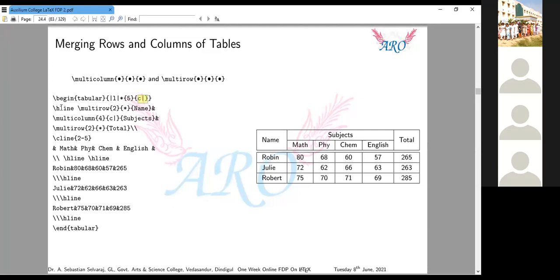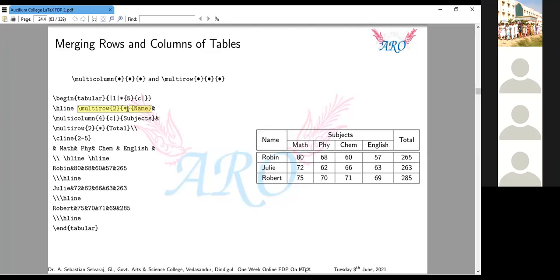This one is tabular. Then hline, multirow. Just to see that this multirow creates this one. This is the first cell name, multirow. The first argument is the number of rows we have to merge. I am going to merge 2 rows. Then star. This is alignment.